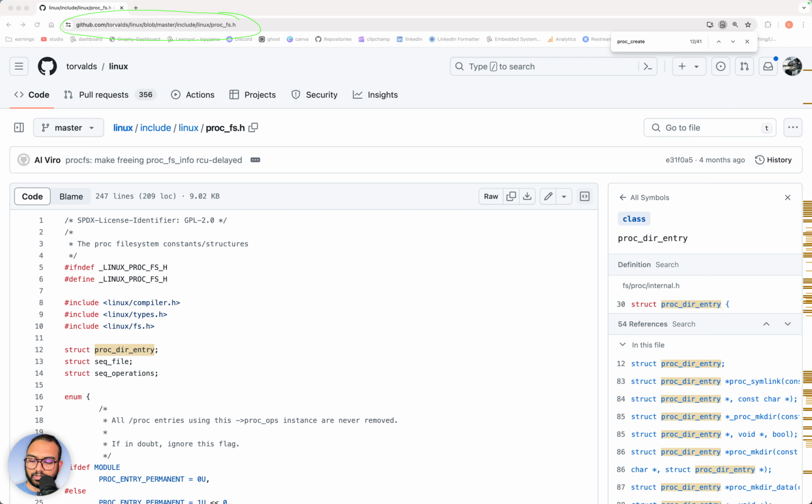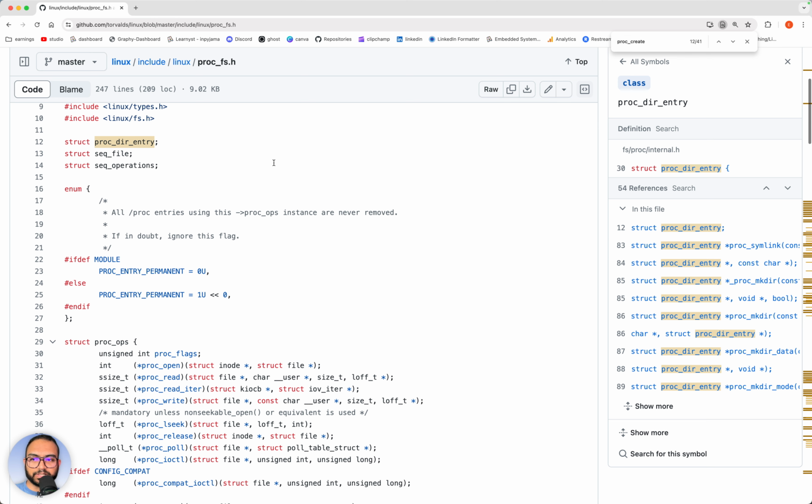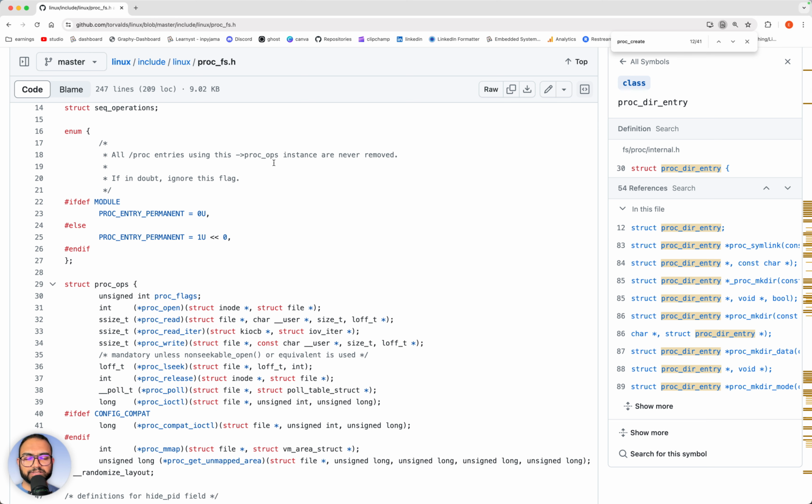Let me change the color here. Yes, so it's available at this address, which is github.com/thorwald/linux/blob/master/include/linux/proc_fs.h, right? And the fs.h essentially talks about the file system, the proc file system.h, right? Perfect. So what we want to do now is scroll down, and you can take a look at this file